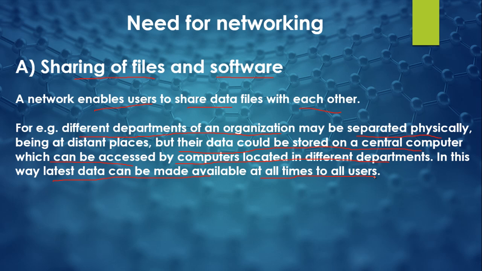It means that even though the Rajouri Garden Axis Bank branch and the Gurgaon Axis Bank branch are located far apart from each other, all the data of the customers is stored in basically a centralized system, right? So when the Gurgaon branch officer deposits money in your account, the information will be stored at the central place. Okay, so when the information is stored at the central place, then each and every branch of the Axis Bank, if they try to fetch that data, will only get the updated data.